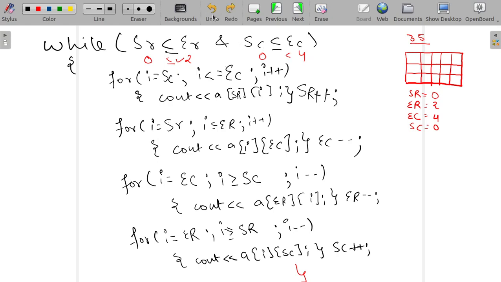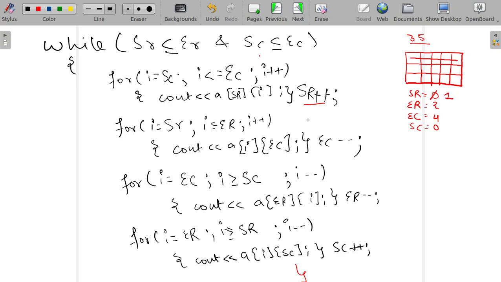So the conditions which we are checking are true, so this while loop will run. When the first loop iterates, the value of SR will get updated and we will print this row, right? So let's update our SR to 1.